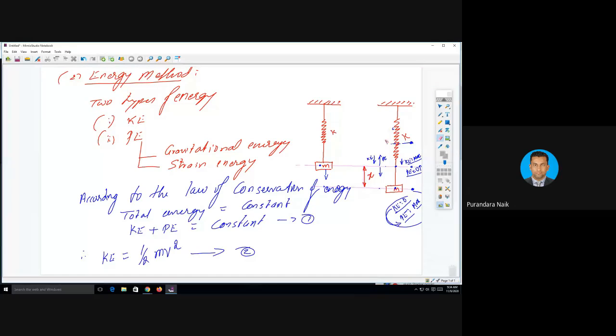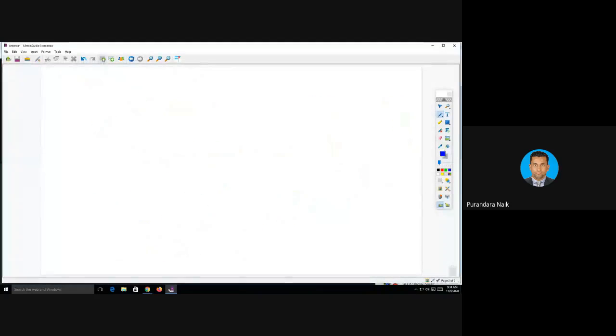Okay, so next, we have the equation for kinetic energy, right? Kinetic energy is equal to half into m v square. I have written that directly, but we need to write the equation for the potential energy. You know the significance of potential energy and kinetic energy at the extreme end and equilibrium position. So next is potential energy. Potential energy is equal to